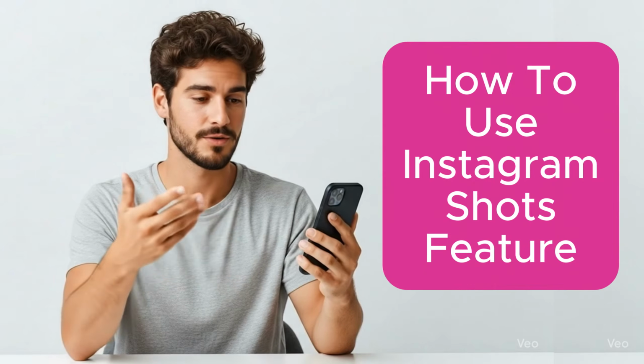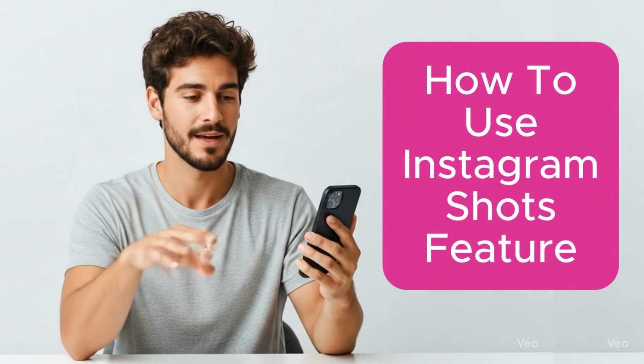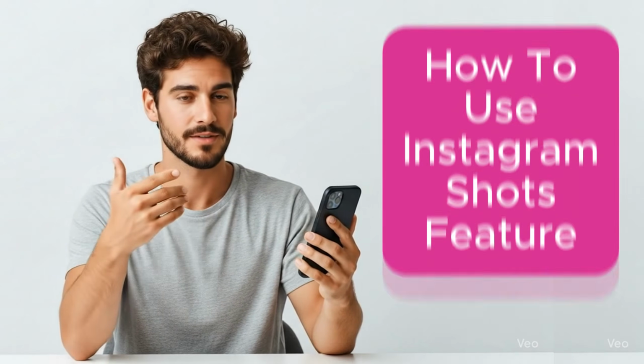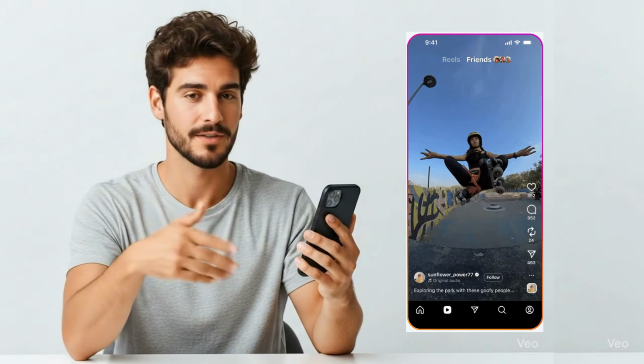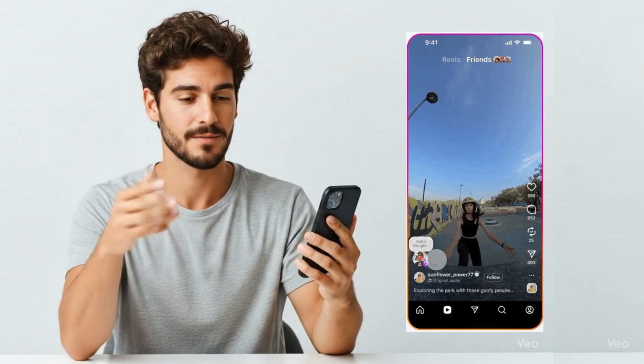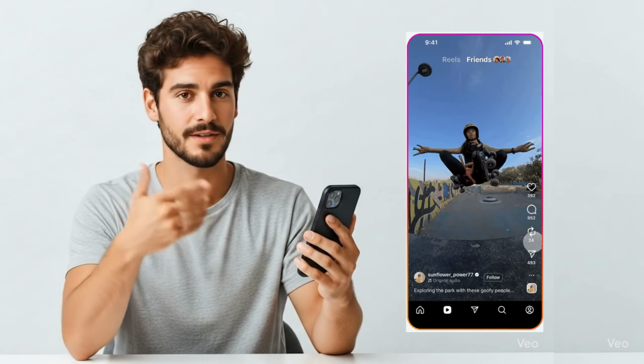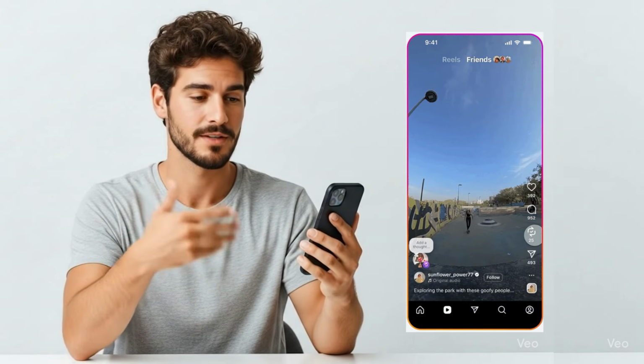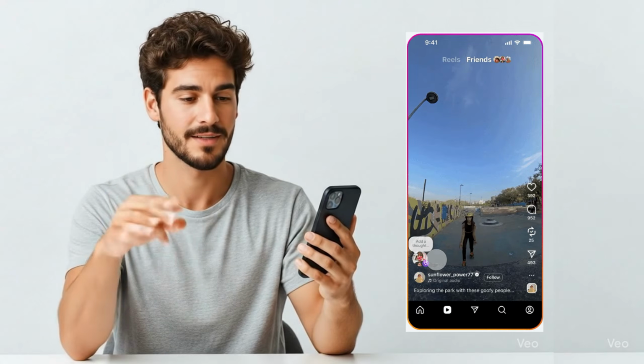I'll guide you through how to use the new Instagram Shots feature without relying on complicated edits or filters. If you're looking to share quick, authentic, and raw moments, or you want to send ephemeral, disappearing photos to your closest network, then this tutorial will walk you through the complete